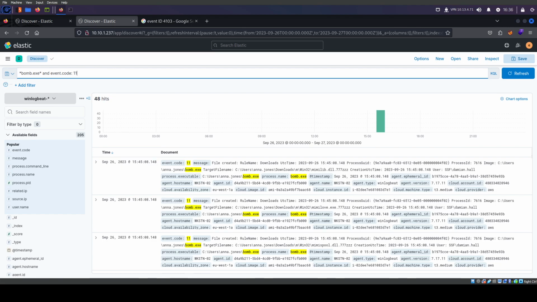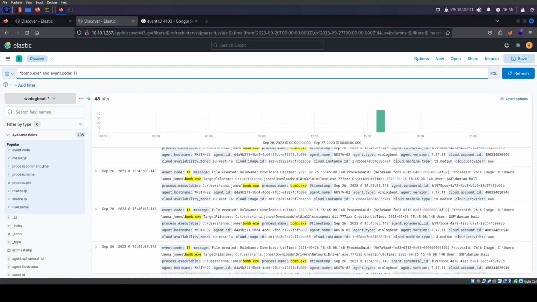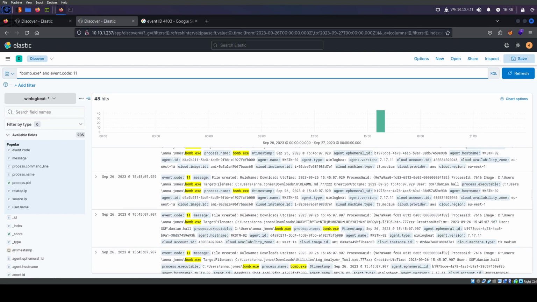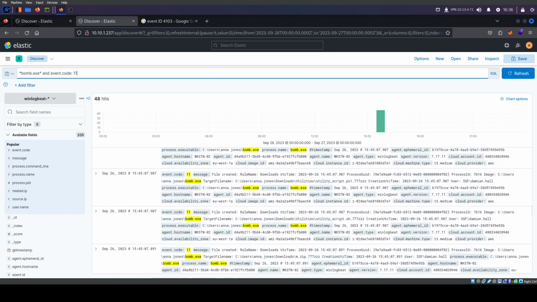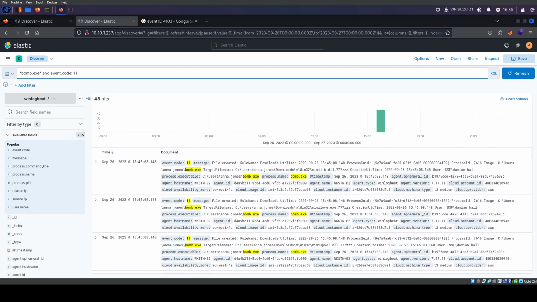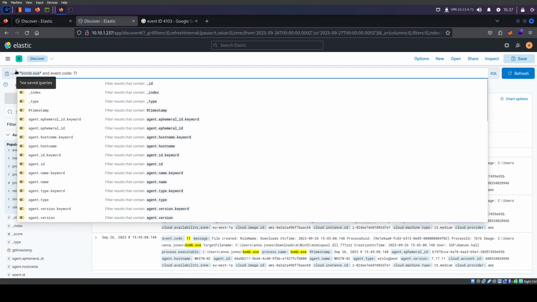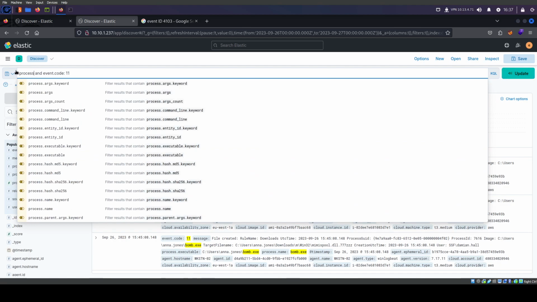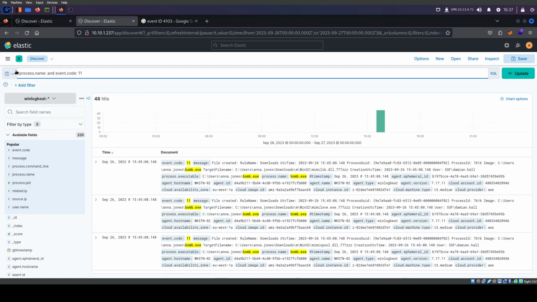Let's see. And I don't think this is it. I'm probably grabbing too much. Let's go process name. Yeah, because I'm probably grabbing more than what I need.